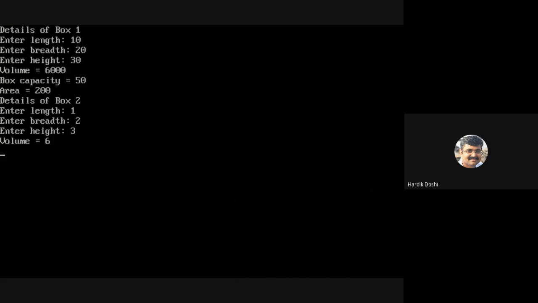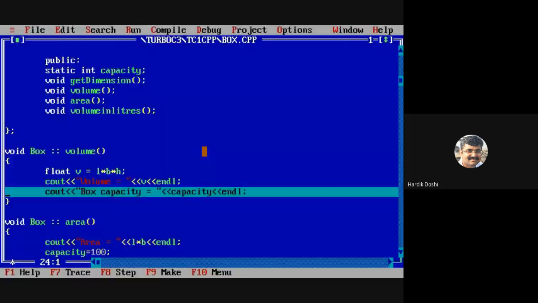So what is the output? 6. Now what will be the capacity? 50 or 100? Why 50? We have made it to be 100.